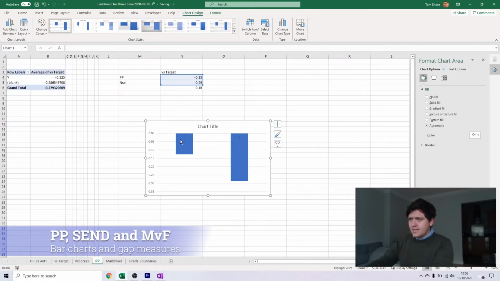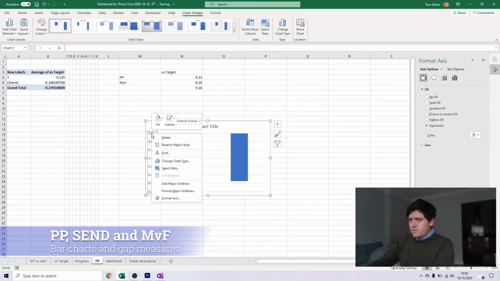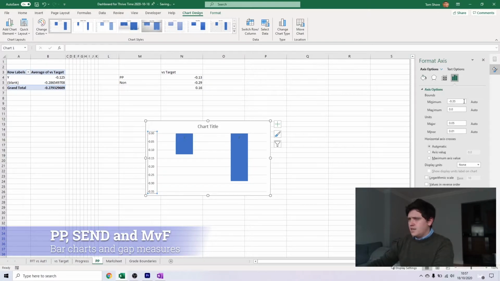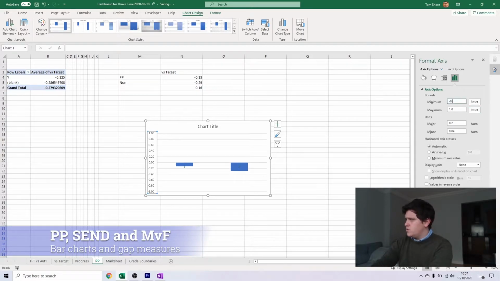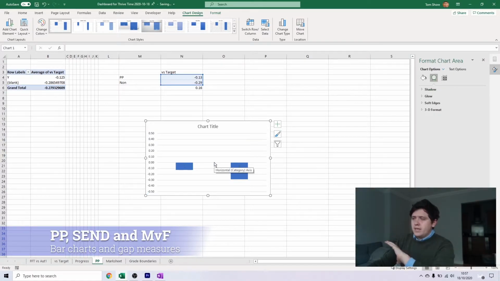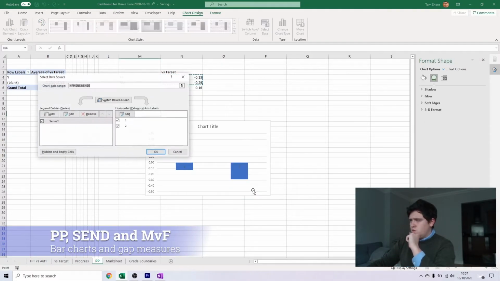So actually here, it's saying that with the random sample that I've created, students are actually below their target at the moment. I'm going to change this to make it nice and easy, and I'm going to say that the minimum it's going to go down to is -1, and the maximum it's going to go up to is 1, -0.5 and 0.5, just to make it a bit clearer. So now it makes it nice and clear that yes, they're both going down, but the non-pupil premium students are going down more, and I need to